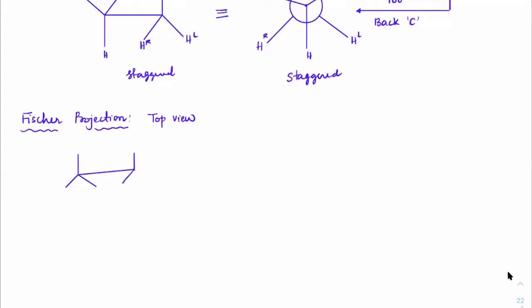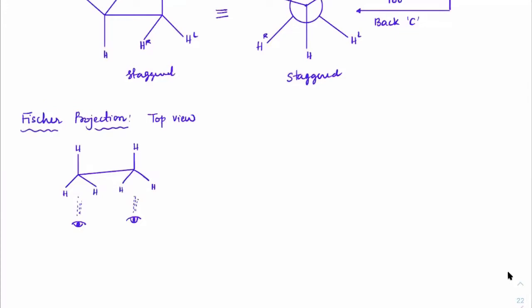I can write this way also. This is also the right sawhorse projection. So imagine these three hydrogens. How are they? Is this an eclipsed form or a staggered form, everyone? Eclipsed form. Right, so remember that. Yes, it is an eclipsed form. Now, in the eclipsed form, watch carefully. Now, you are viewing from this end. This is your eye. You are watching from this end.